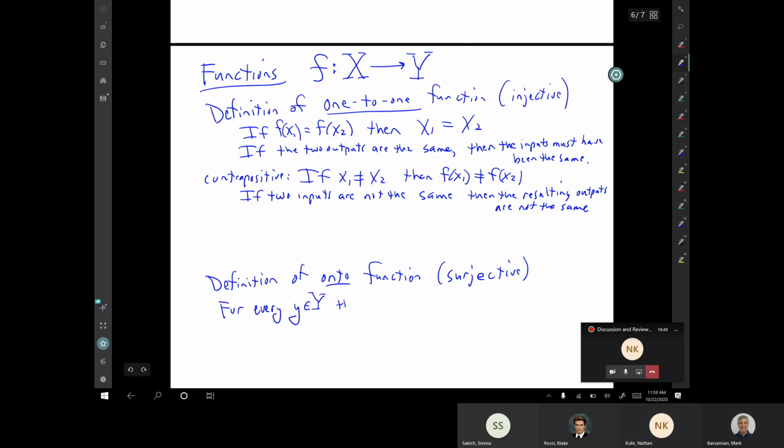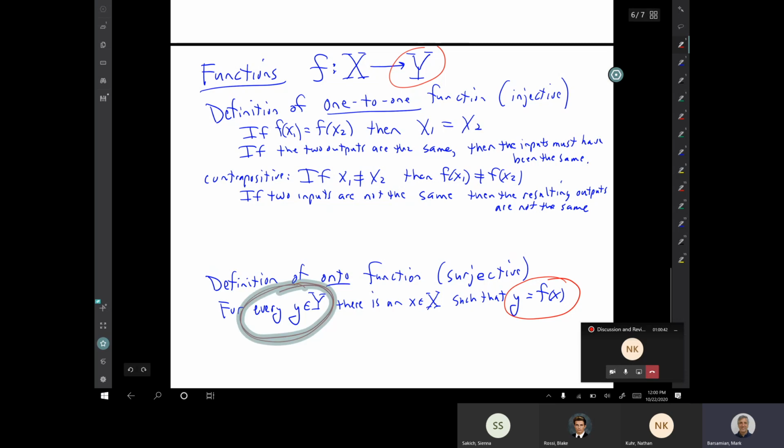There is an x such that y equals f of x. So Nathan, when you said for every f of x, well, when you're doing that, you're already limiting yourself to only looking at the things in the set Y that are outputs for some x. The thing is, we want to look at every y, because there might be some y's that are not f of x, that are just y's that cannot be achieved as an output. So the definition of onto is that every y can actually be achieved by doing y equals